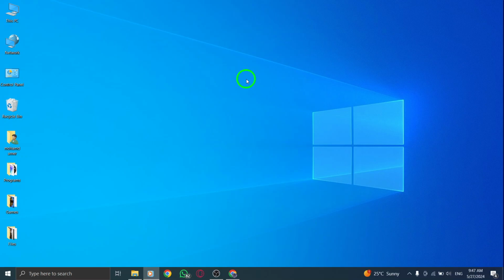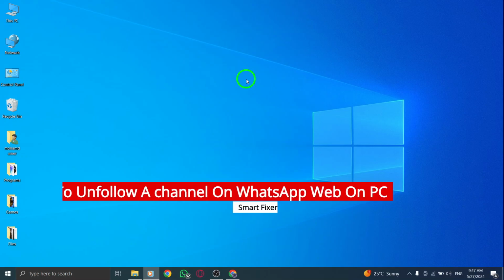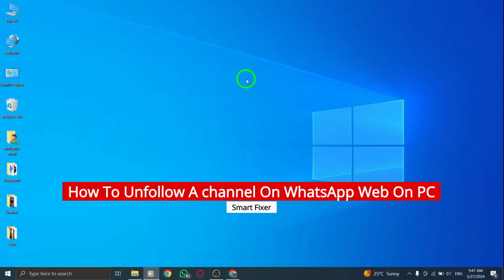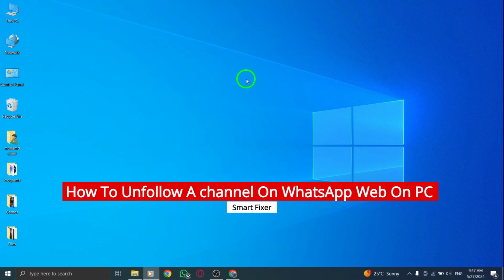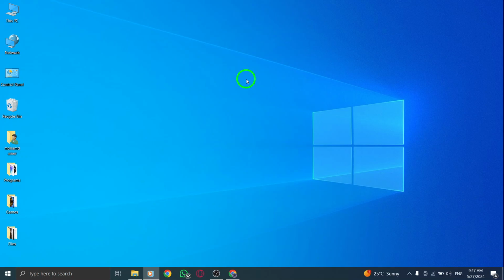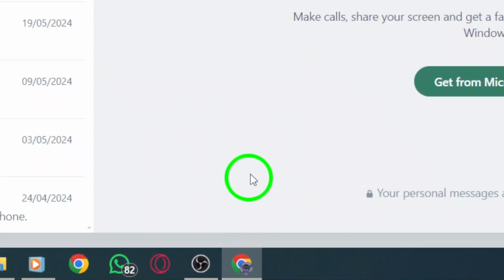Welcome to our tutorial on how to unfollow a channel on WhatsApp Web using your PC. If you're looking to declutter your channel subscriptions, we'll walk you through the simple steps to unfollow a channel. Let's begin. To start, open your web browser and navigate to